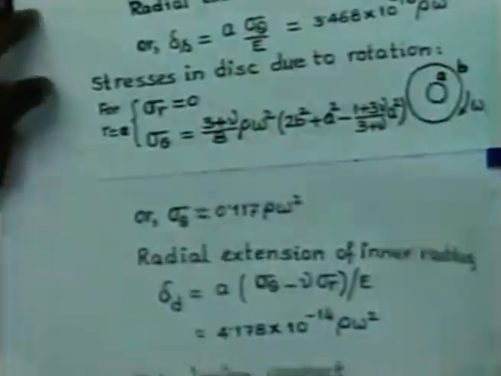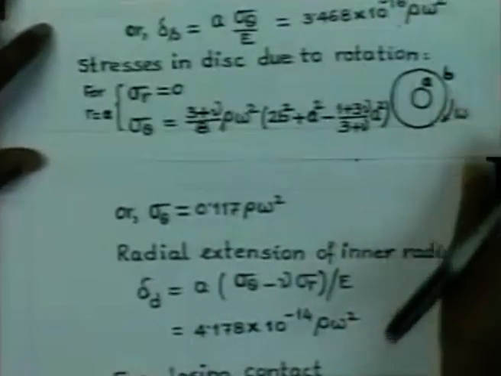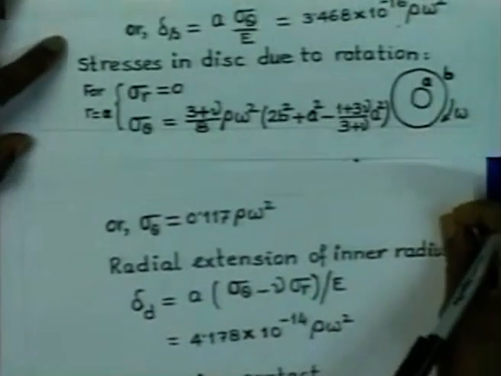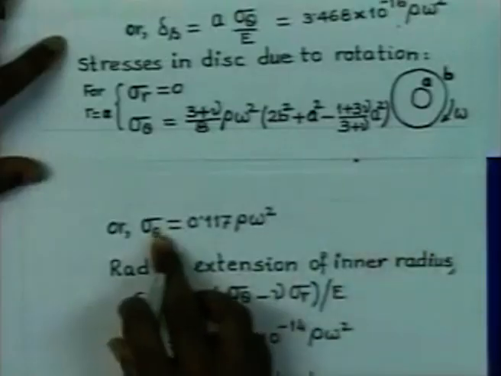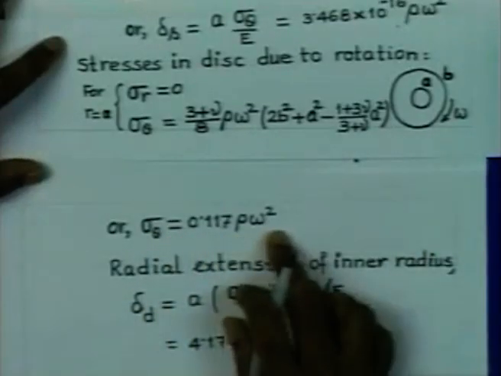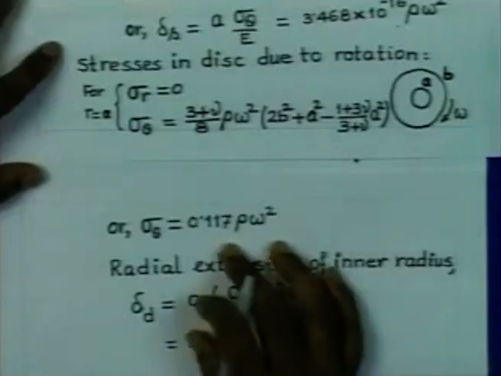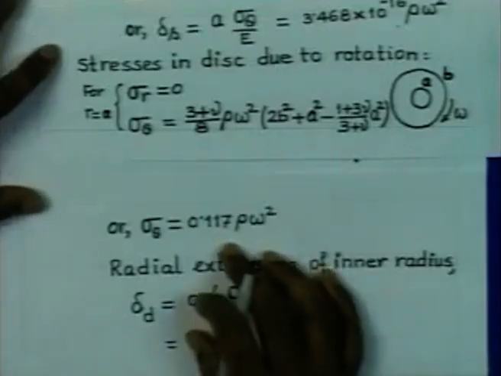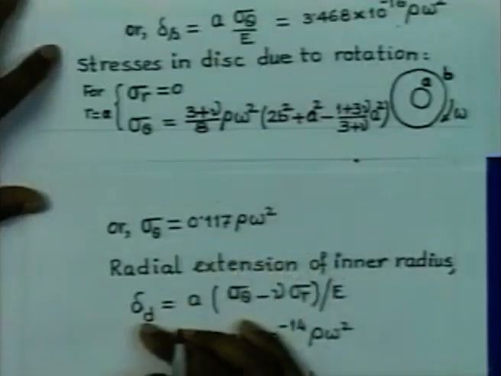This gives us sigma theta equal to 0.117 rho omega square, and therefore the extension of the inner radius of the disk is given by delta d,